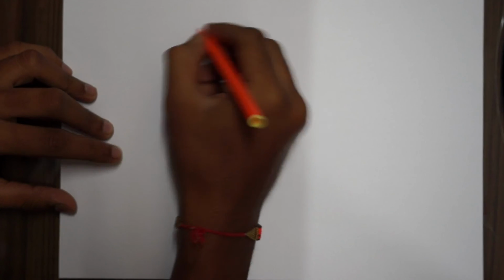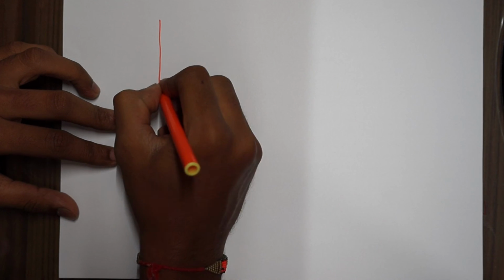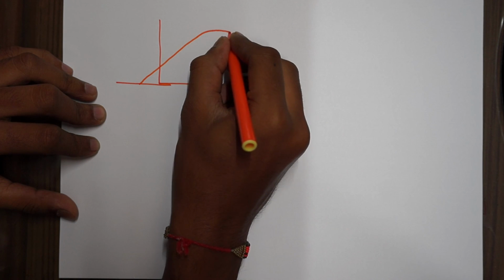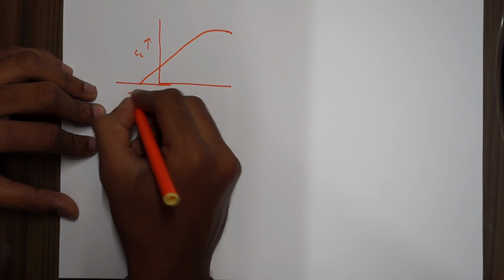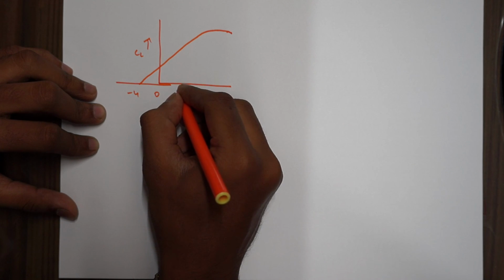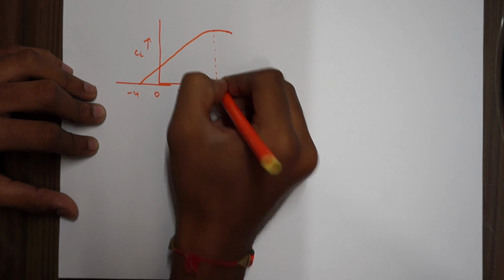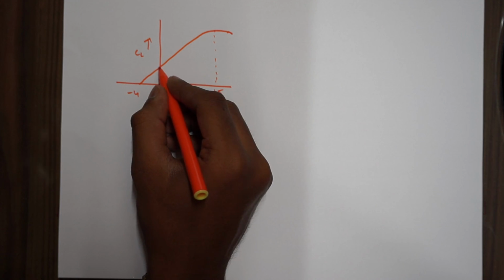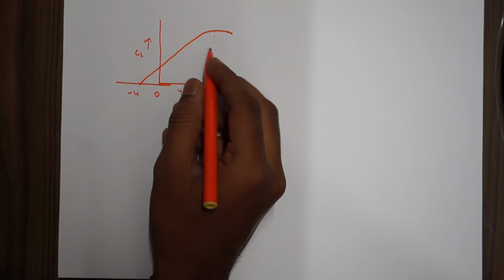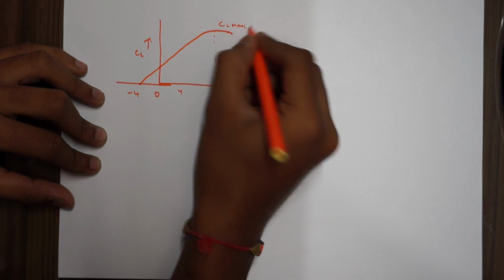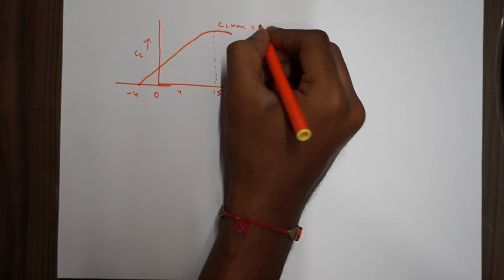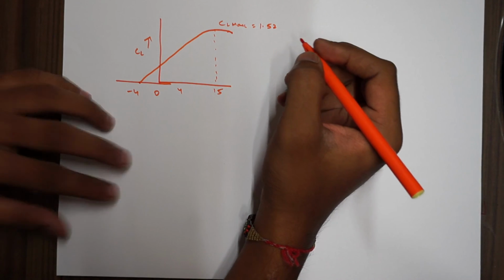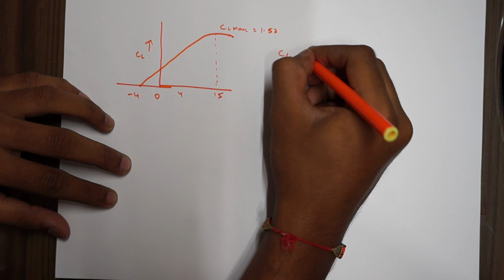So now we'll discuss the graph of coefficient of lift. I did it in the previous video as well, but I'll just draw it again. This is much more practical. The last one we drew was the theoretical one. This is -4, 0, and say 4, and approximately here we have say 15 to 16 degrees. At 0 angle of attack we also have some lift generated. At -4 we have 0 lift. And this is the position CL max. Almost 1.52 is the standard value for CL max,